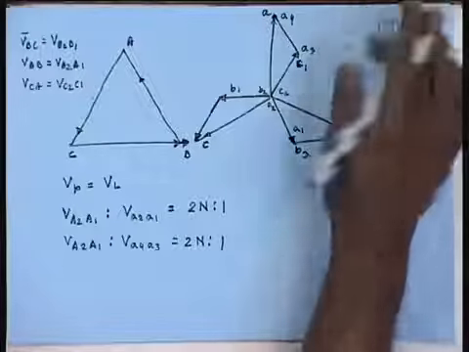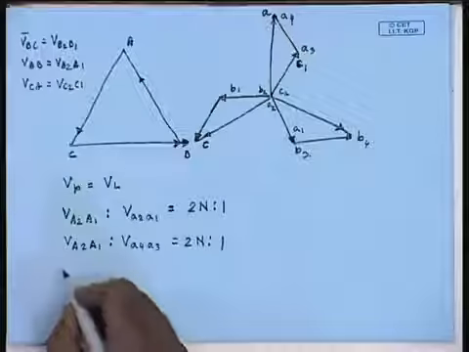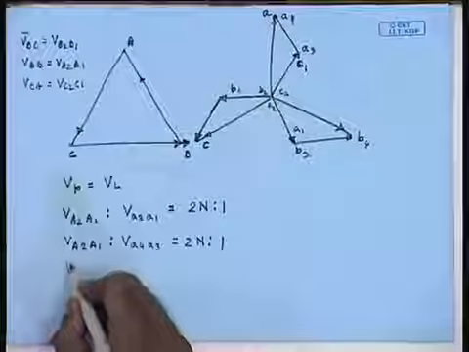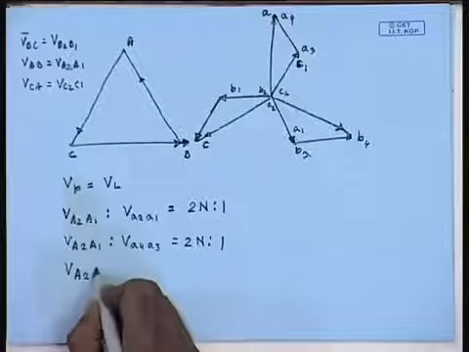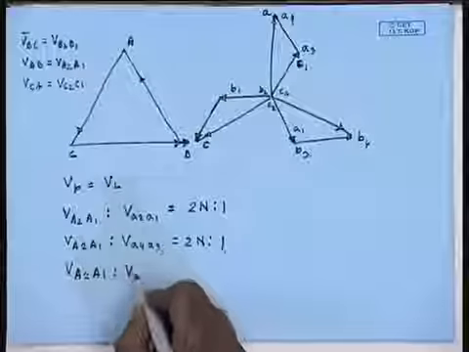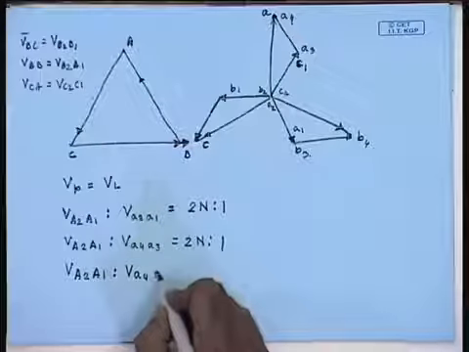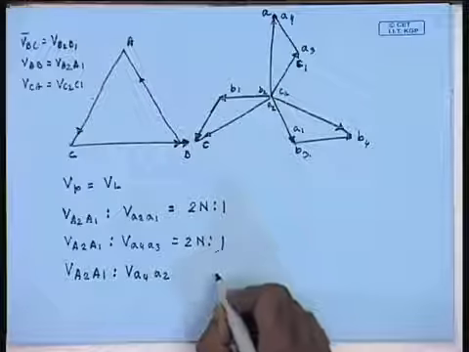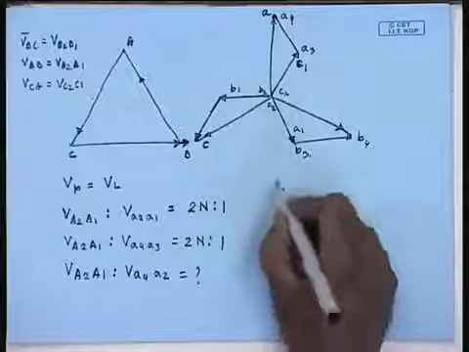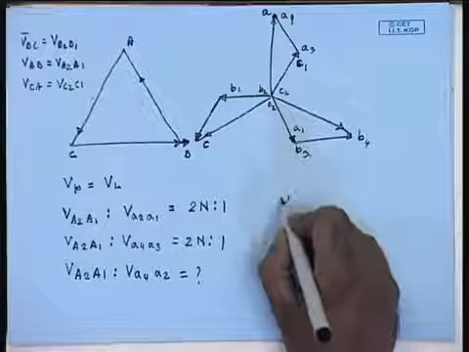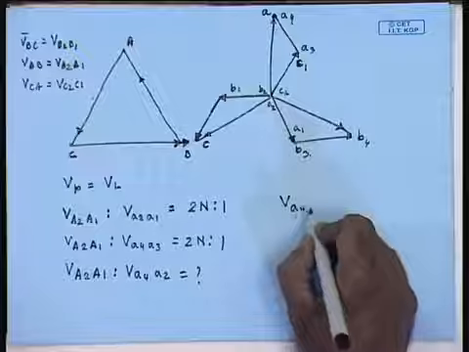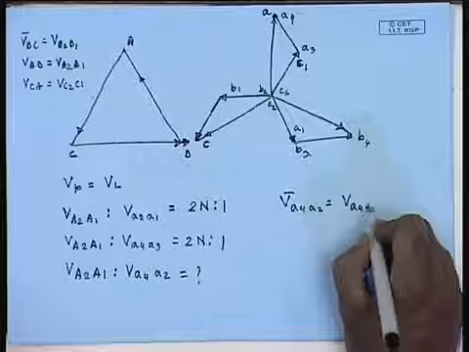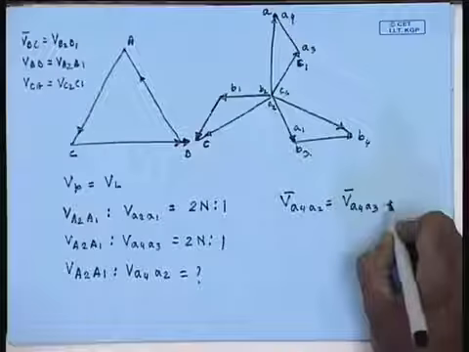Therefore, what is the ratio of V A2 A1 to V A4 A2? V A4 A2 equal to, but from this phasor diagram, V A4 A2 equal to V A4 A3 plus